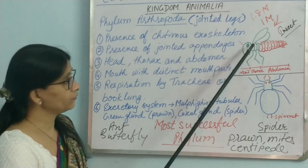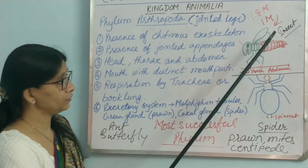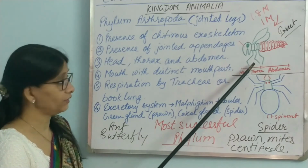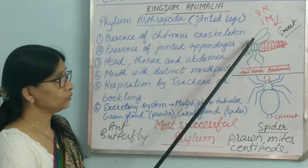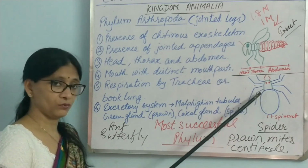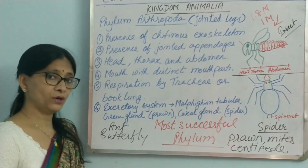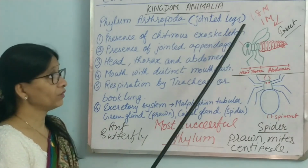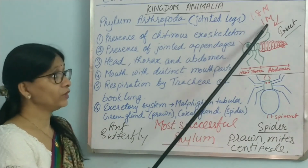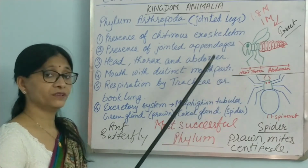Then that's it. Body is divided. This is a rough diagram of insects showing the different body parts, and you can see here the legs are located only in the thoracic region. Insects have 3 pairs of legs, so they are attached to thoracic region. Also thoracic region has 2 pair of wings. Now this is spider. Spider has 4 pairs of legs, all attached to the thoracic region. So this is the character of Arthropoda, the most successful phylum in the world. There are 1.8 million species that has been discovered till now, and from them 1 million are insect itself. So from this number only one can assume that how successful this particular